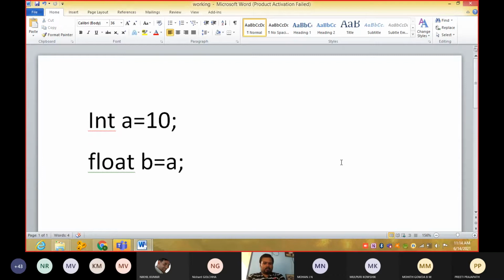Wait, I'll delete this one only. Can I do this one? Is it correct? Will it work? Int a is equal to 10 and float b is equal to a. Will it going to work?